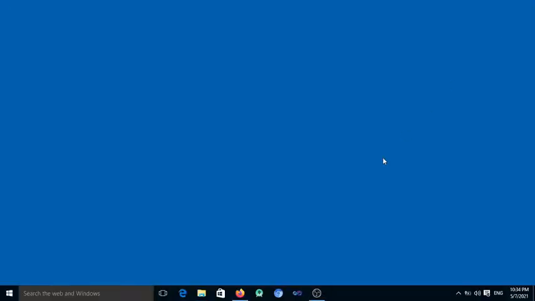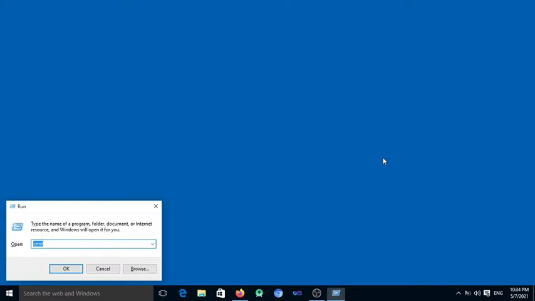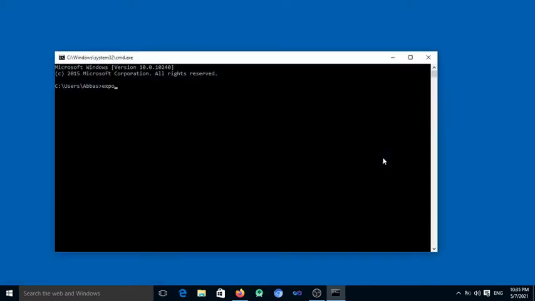To check the version of Expo CLI, press the Windows key and R and write the command in the cmd: expo --version. It takes some time. After that it gives the version number of your Expo CLI. So Expo CLI is installed on your PC successfully.